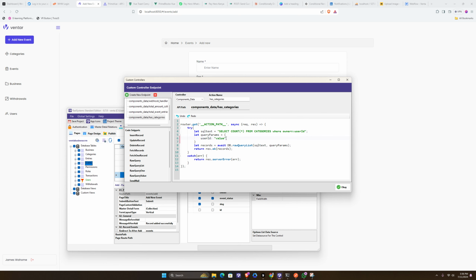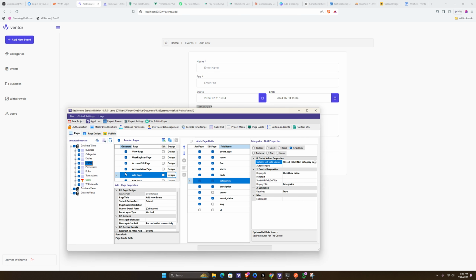Now the value here needs to be a parameter, which is going to be rec.params.uid, right? So now at the top here, we now need to pass this param which we just created here. So we're just going to call this uid like that. So we want to pass this select count as total, so that this comes back as a formatted JSON, right? So that being done, we can copy this the way it is, and we go to our events add page